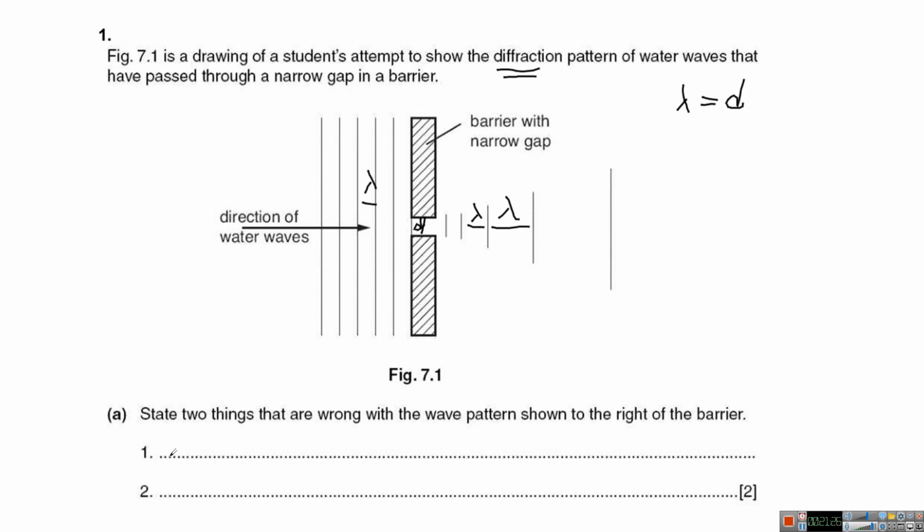So we can say the first thing which is clearly visible is wavelength is changing, so that's wrong, right? That's the first thing which is wrong about this. And secondly, he has drawn a linear wavefront instead of